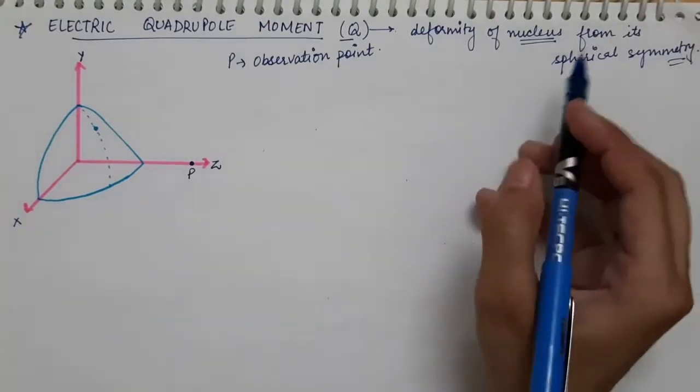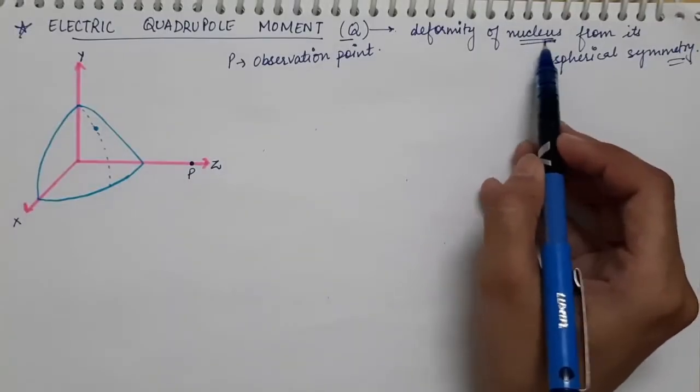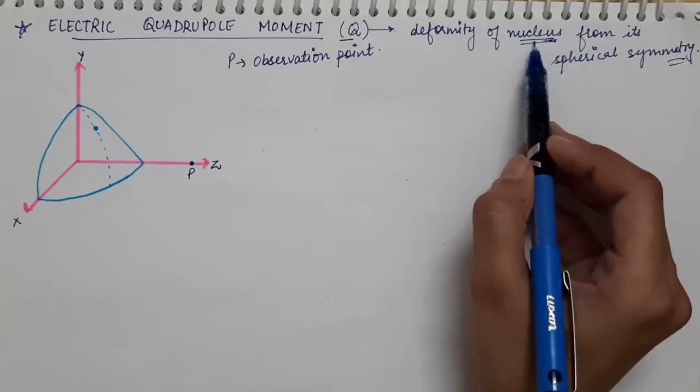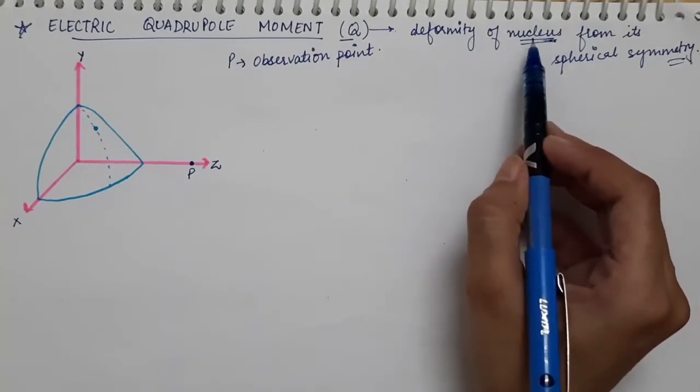That is, how much the nucleus is deformed, because basically what we assume in nuclear physics is that